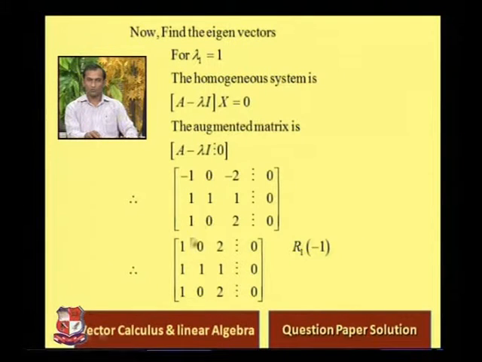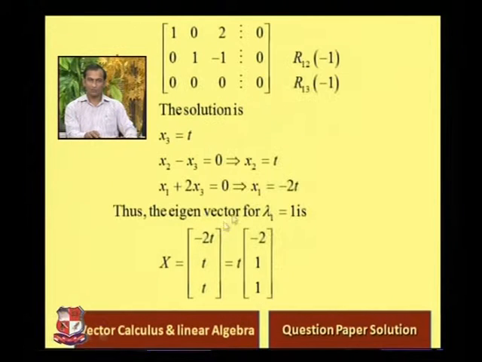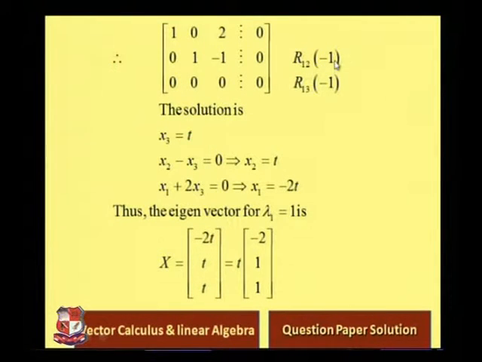So 1, 0, 2, 0 is our first row, and then using this leading one, the remaining values below are converted to 0. So 1, 1 are converted to 0 by the operations R2 minus R1, R3 minus R1. So we get this matrix. Now this is our last, because this is a leading one and its below values are also 0, so no other operation. So this is the last matrix. Now apply the back substitution rule.